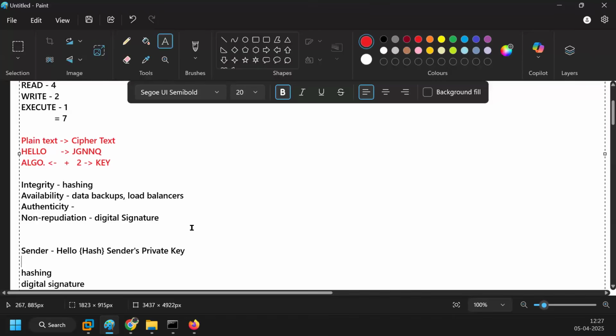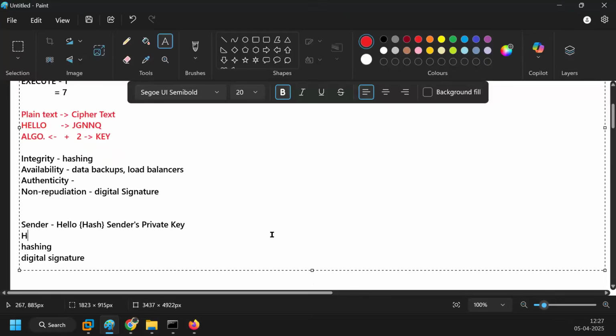So over here, the digital signature means the hash of the original message